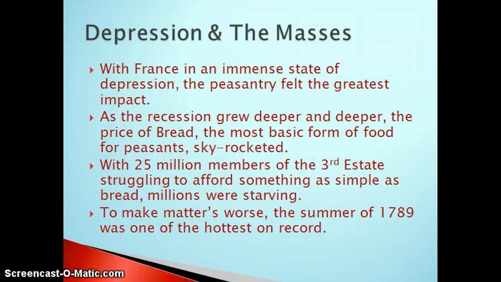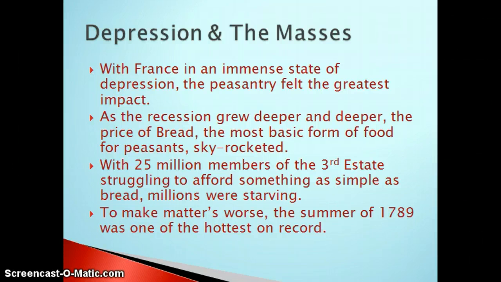There are 25 million members of the third estate, the lower class in France. Now, although this did include middle-class people, by far, most people were of the lowest class, the toilers, the people who could, farmed very small pieces of land just to subsist, make a little bit of money on the side just to get by. Now, these people couldn't even afford to eat. Millions began to starve. Conditions in France were horrid. It was time for a change.